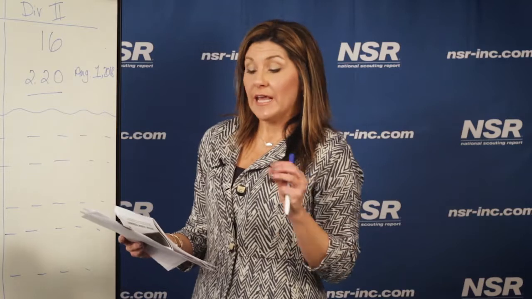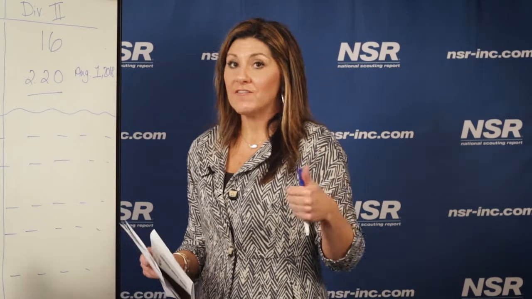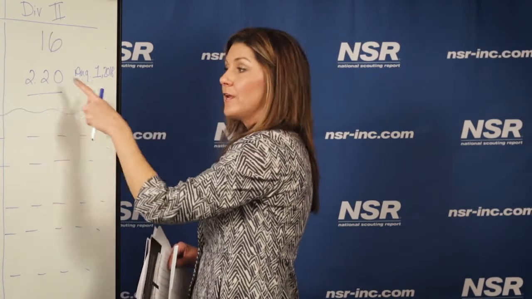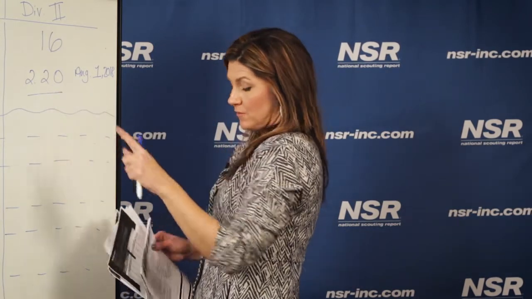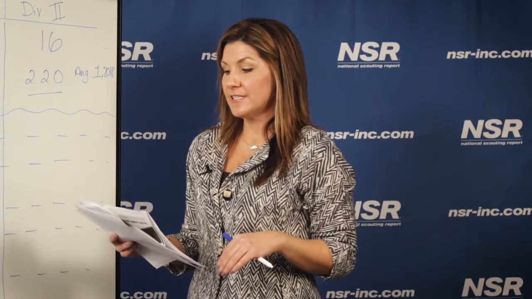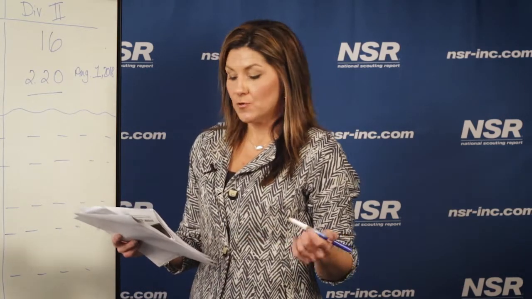For Division I and Division II, you've got to have the 16 core classes, 10 of those completed by your senior year. Seven of the 10 have to be the English, math, and science. You have to have a core GPA of either a 2.3 or a 2.2 to go Division I or II. You have to have the sliding scale GPA, SAT, or ACT score that matches. You can find that sliding scale on the NCAA website. And then you have to graduate from high school.